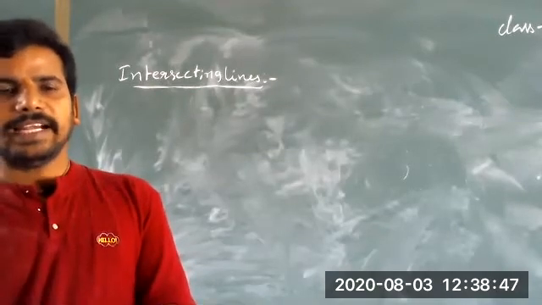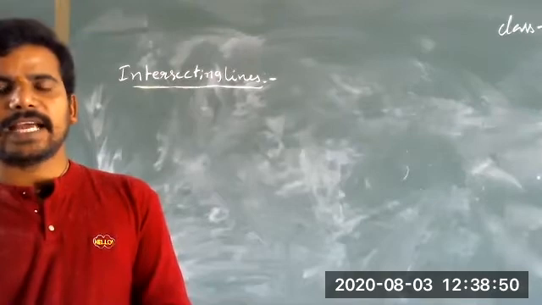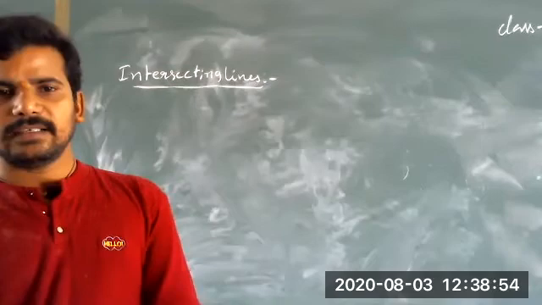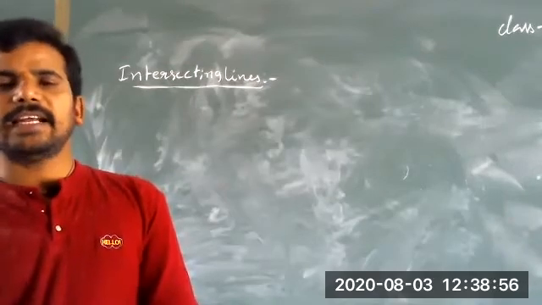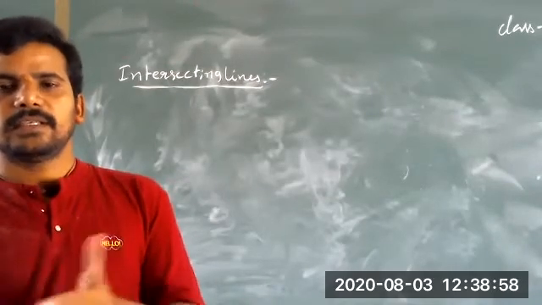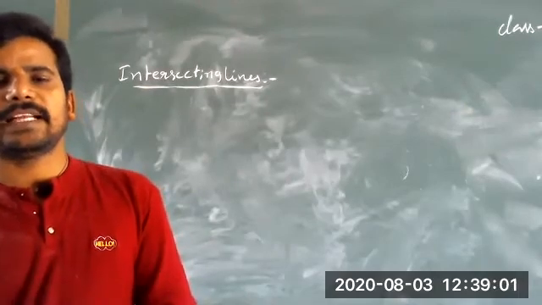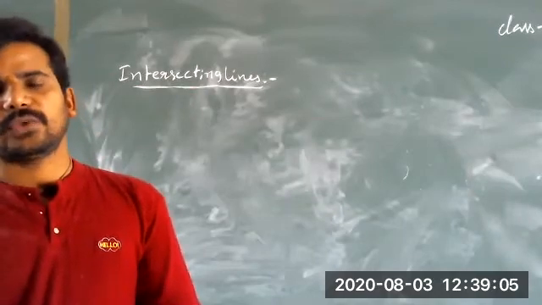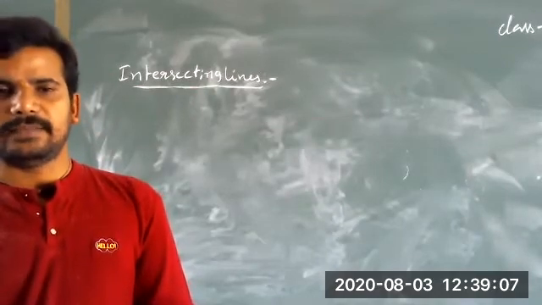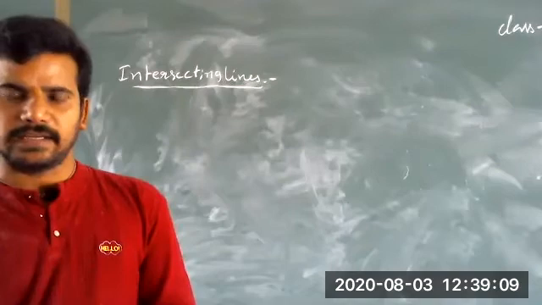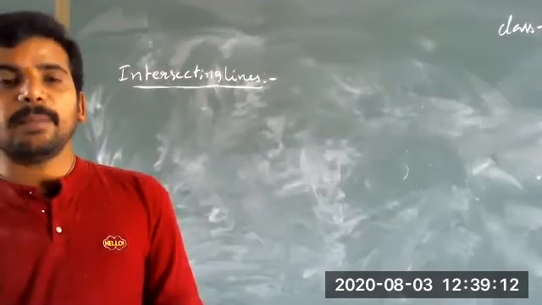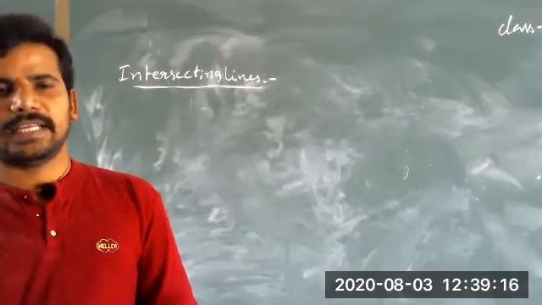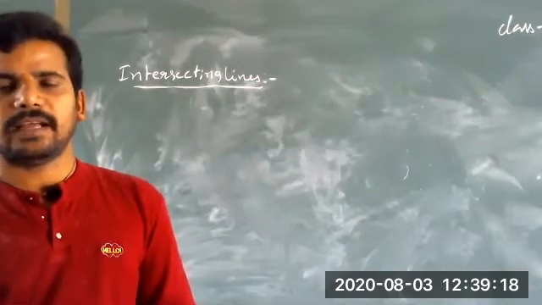Next, right angle. An angle that is exactly 90 degrees is called a right angle. Now, straight angle. What about a straight angle, children? An angle that is exactly 180 degrees is called a straight angle. Now, complete angle. An angle that is exactly 360 degrees is called a complete angle.